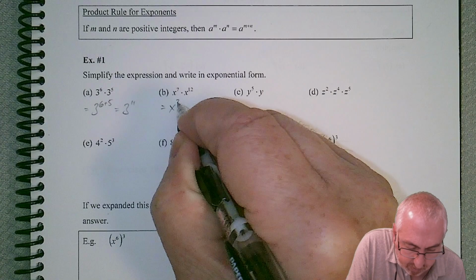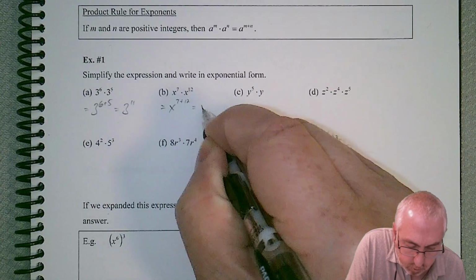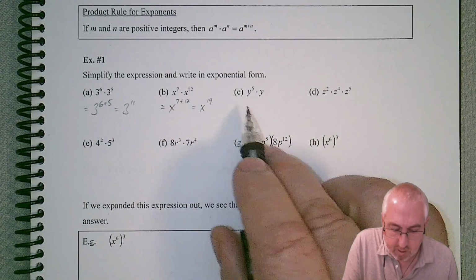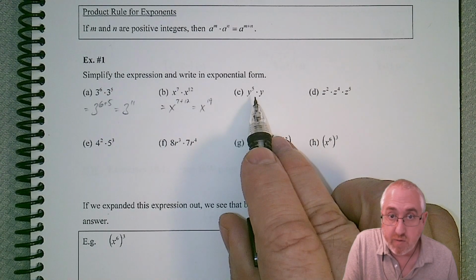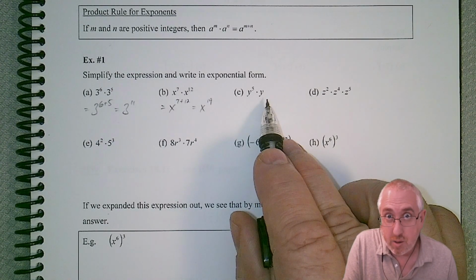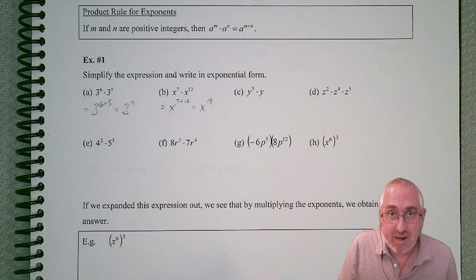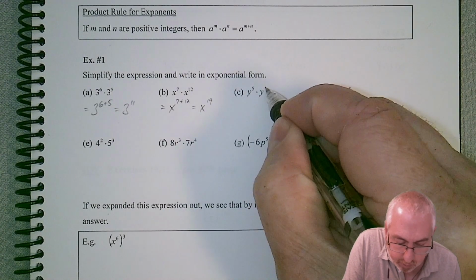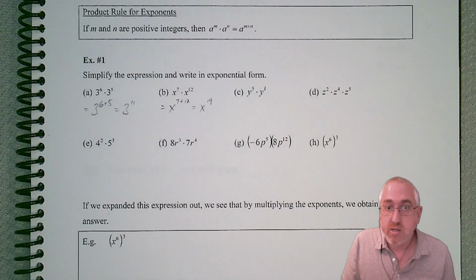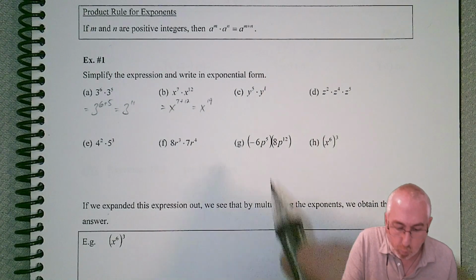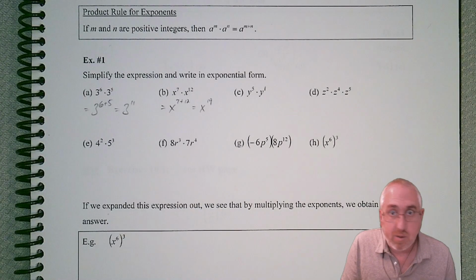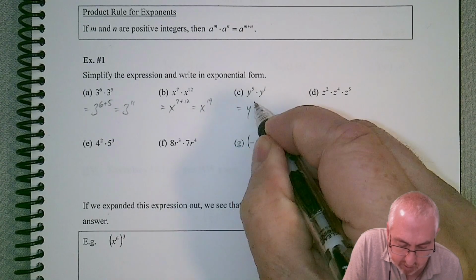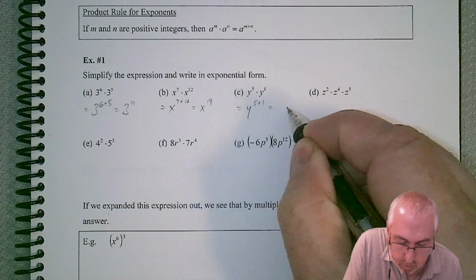So x to the 7 plus 12, which would be x to the 19th. Now this next one is a little bit trickier just because, well, we have an exponent on the first one, but we don't have an exponent on the second one, or do we? And in fact, we do have an exponent on the second one. Even though there's not one written here, we can put a 1 in and it doesn't change the value of that. Just like if we put a 1 in front, it doesn't change the value. Same thing for the exponent. So using this now, we can see that we have y to the 5th plus 1,